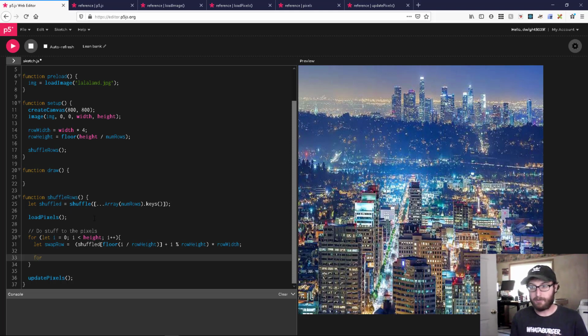So then we're going to iterate. I is iterating over each row, going down vertically. Then we're going to iterate horizontally and swap each horizontal pixel with the pixel in the row that it should be in, if that makes sense. Okay. So for let j equals 0, j is less than row width, j plus plus,